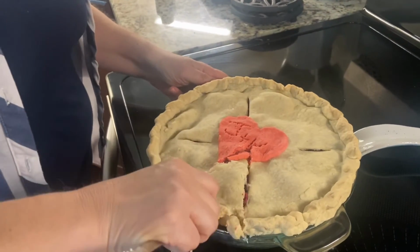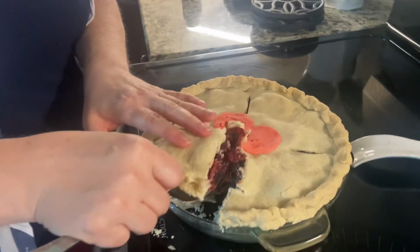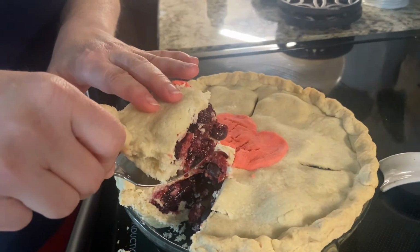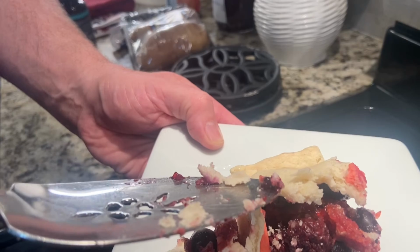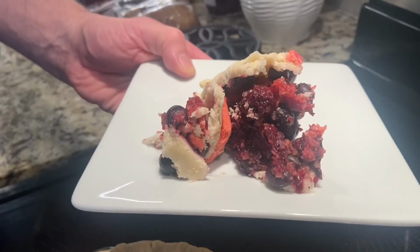We're now going to have a taste of this wonderful gluten-free berry pie. Okay. Yeah, right there you can see how it's flaky. Right. A flaky